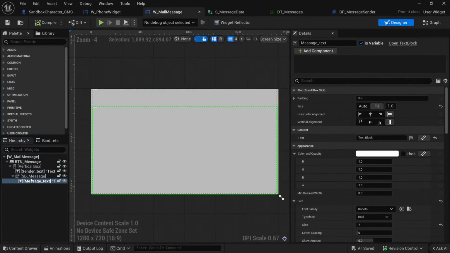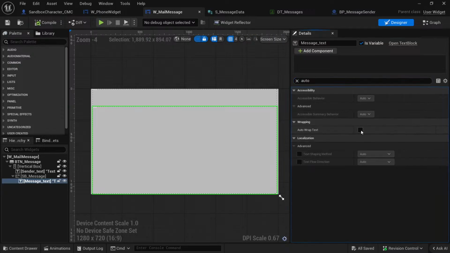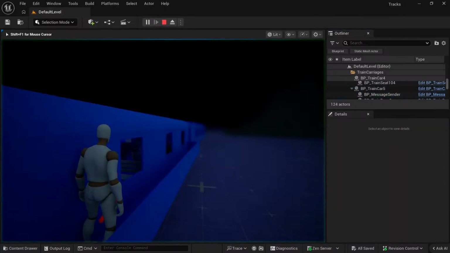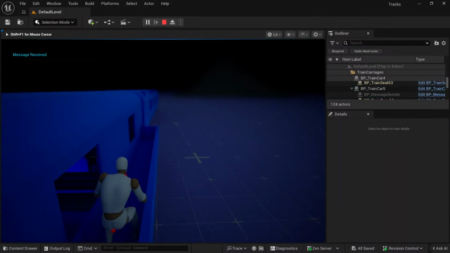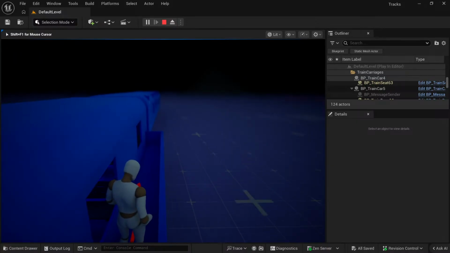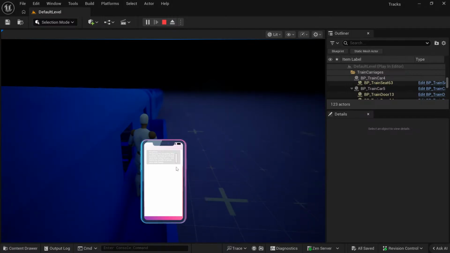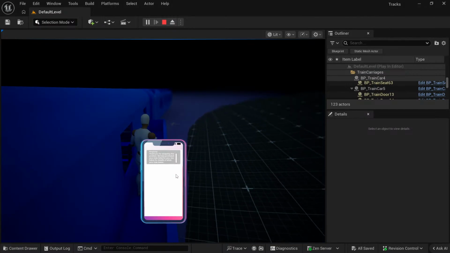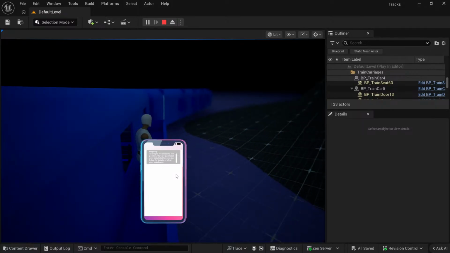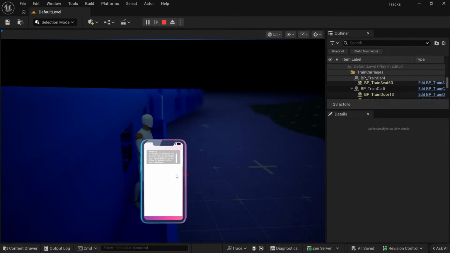First off, this needs to be auto wrap. It could be. And I just almost feel like when we click on this, it should bring up another menu, a bigger thing than just on the phone. And it's not terrible the way that looks right now. Obviously we'll want to fix this, but